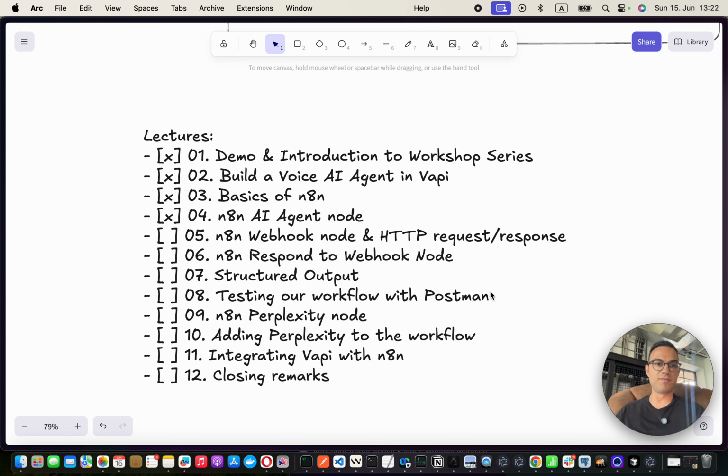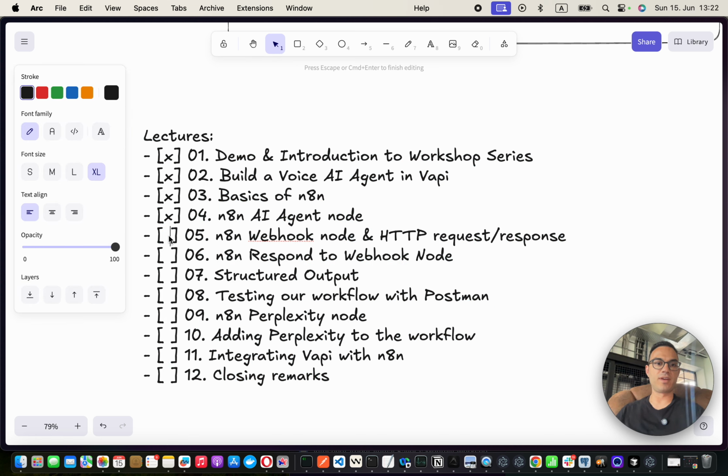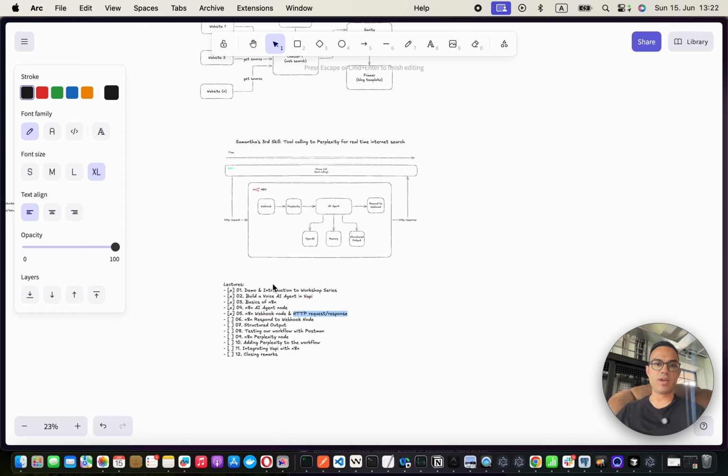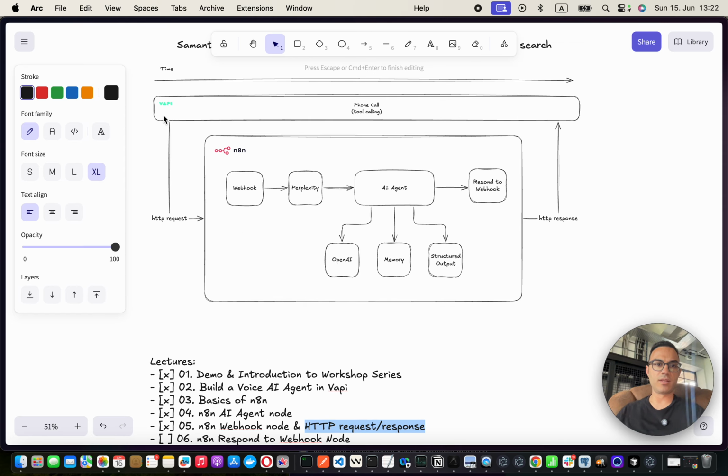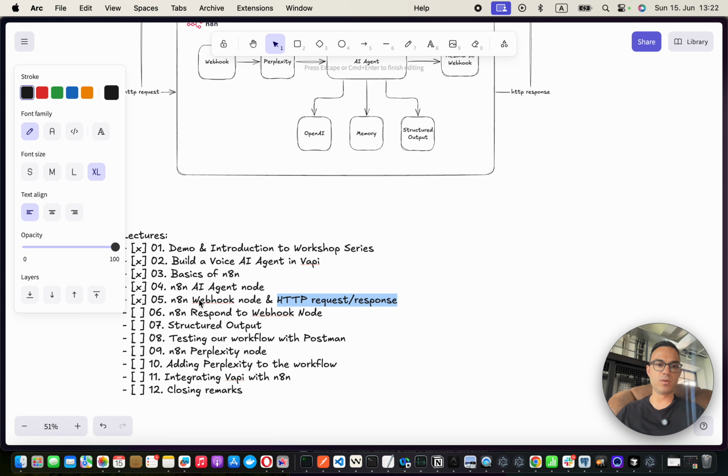Welcome to part 5 of this lecture where we will have a look at what is a webhook. Also, I restructured the topics a little bit to bring up HTTP request and response from one of the bottom lectures. So if you see this, we had this HTTP request and HTTP response. You need to understand what that is, and also a little bit more about what a webhook is, what an